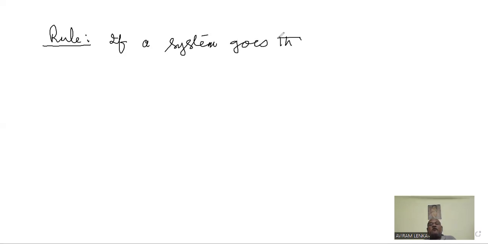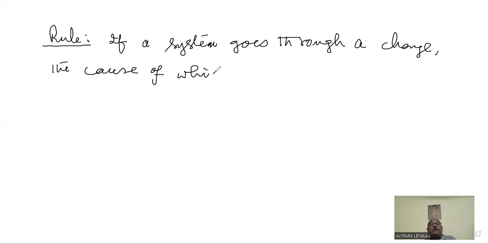And there is a rule that involves the center of mass. The rule is very important. The rule involving center of mass is like this. You better write it down as I am writing. If a system goes through a change, the cause of which is internal,